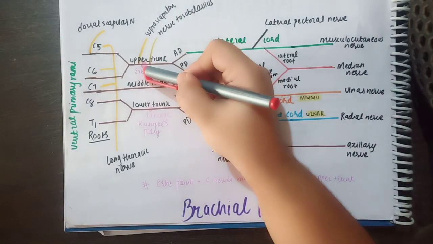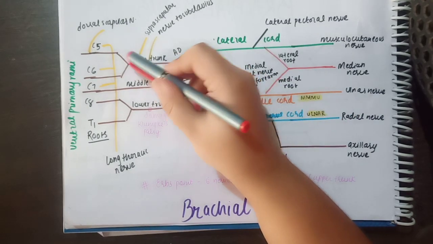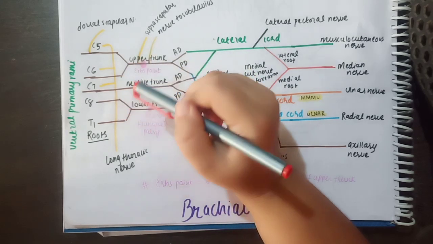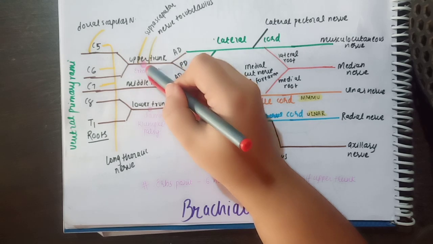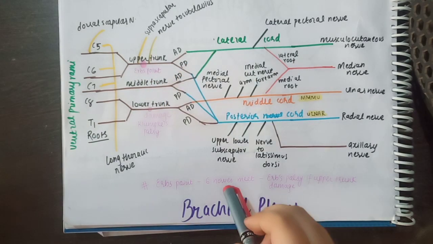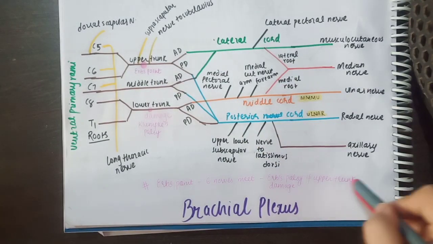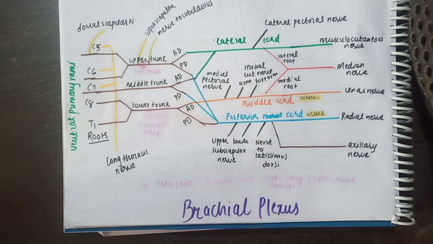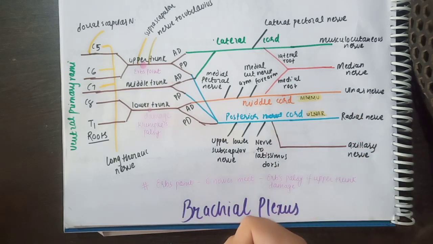So these are the add-ons to the previous diagram that I have done. Now the point that you can see in pink, that is the Erb's point. Now what is Erb's point? Here there are 6 nerves meeting, and any damage to it causes Erb's palsy. So this is the Erb's point, which is very favorable to cause Erb's palsy. If upper trunk is damaged, it causes the Erb's palsy, whereas when the lower trunk is damaged, it causes the Klumpke's palsy. The clinical aspects of the brachial plexus I will deal with in the next lecture.